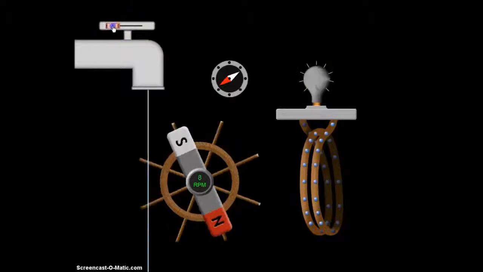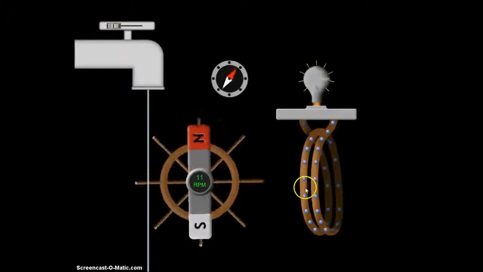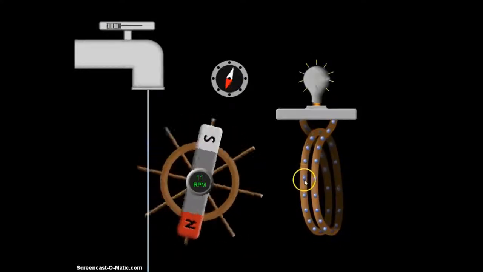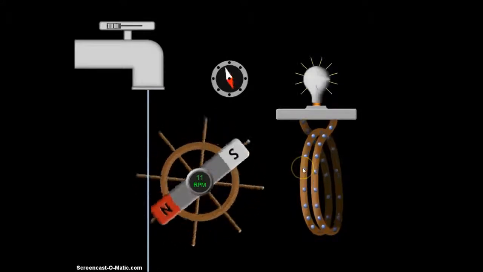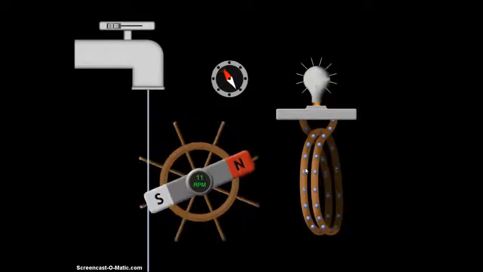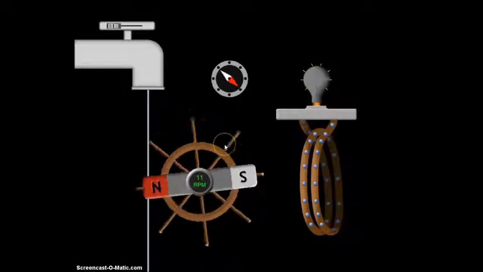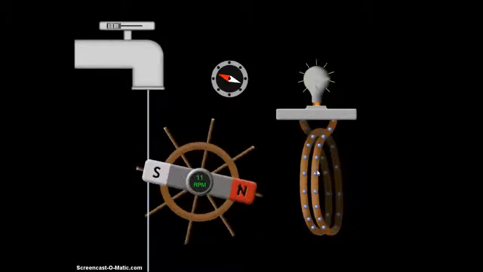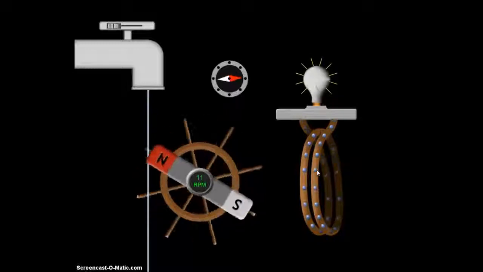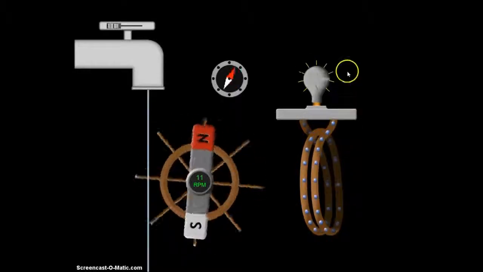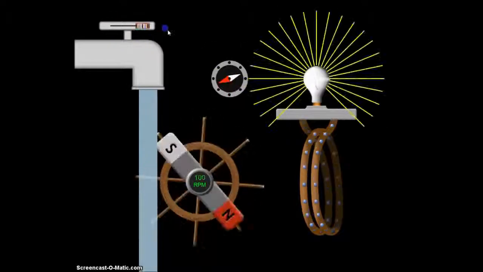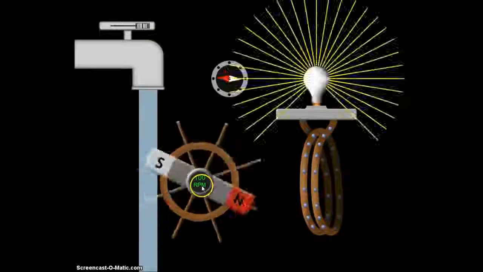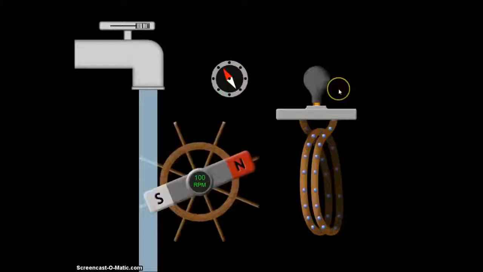If we start moving this magnet, it starts to move the electrons back and forth. If you follow them, they go back and forth. The magnet moves them. So this is how power companies work with alternating current. They have a giant magnet that rotates very quickly, and it moves the electrons and wires nearby. This is how alternating current is made. So once again, you can see the light bulb is flashing, nothing very special. If we crank this up quite a bit, to 100 revolutions per minute, it's getting harder to see when it's off.